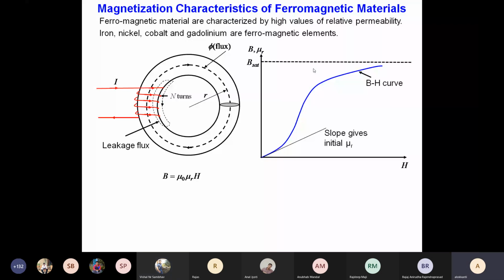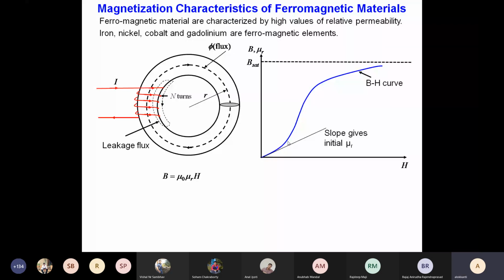So the slope at H equal to 0, that is the slope at the origin, basically gives the initial value of the mu r. And so you see that at different values. Sir, shouldn't it give mu naught mu r? Which one? It is basically proportional to mu r, assuming mu naught is anyway constant. So the slopes are basically